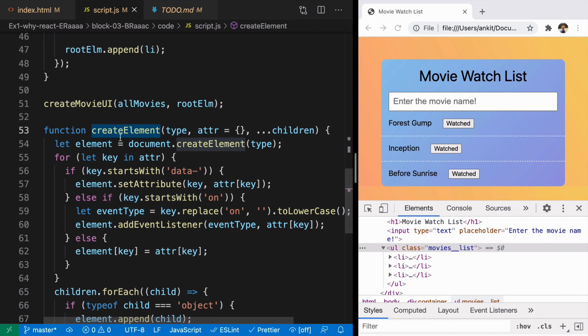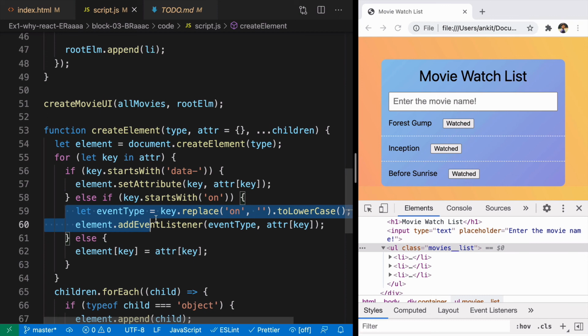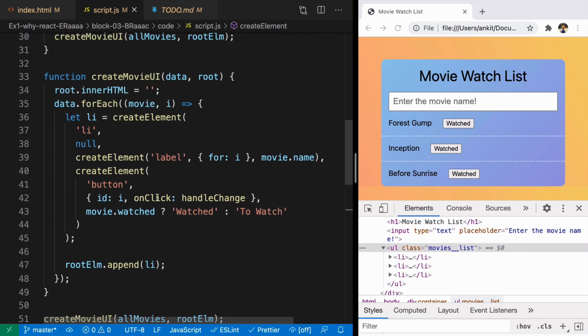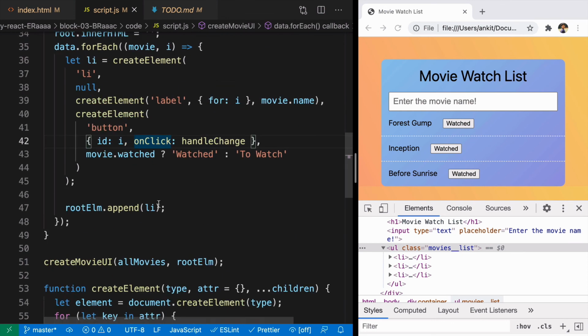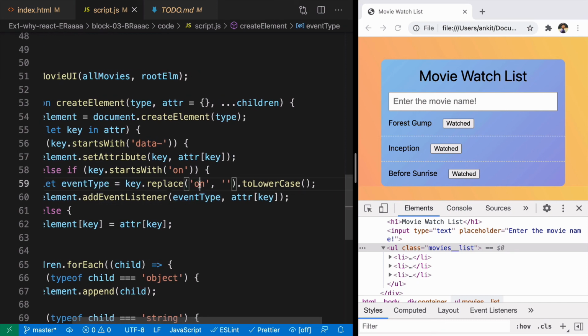And we also made our function create element a bit more powerful by adding the support for event listeners. And how we are doing that is we are passing the event as an attribute. So onClick is the type of event. Whenever that happens, you need to call this function. And inside our create element function, we are getting access to event type by replacing the on word with empty string and converting the other thing into lowercase.